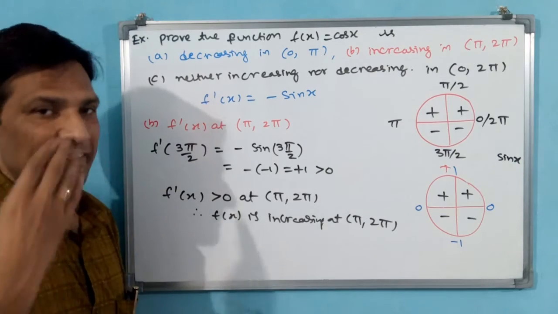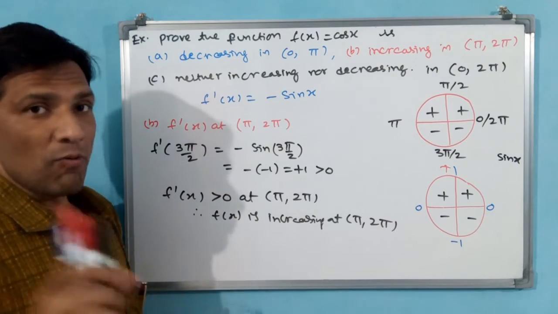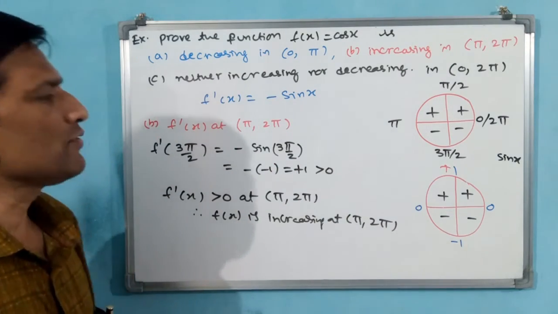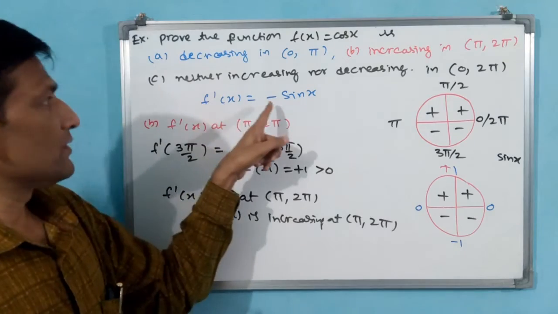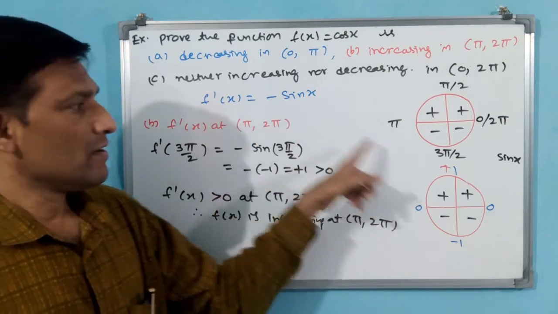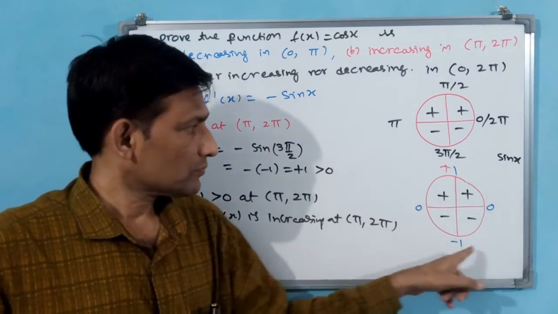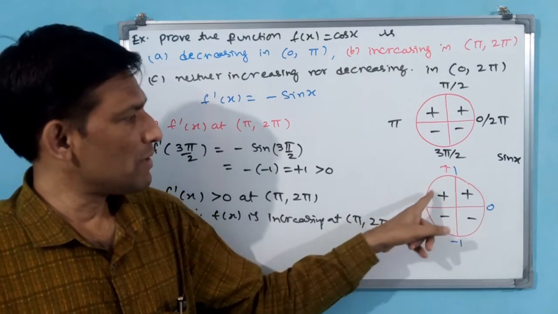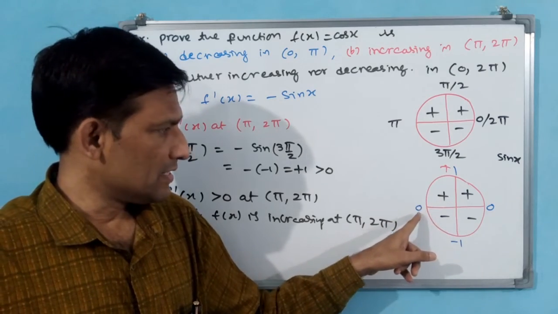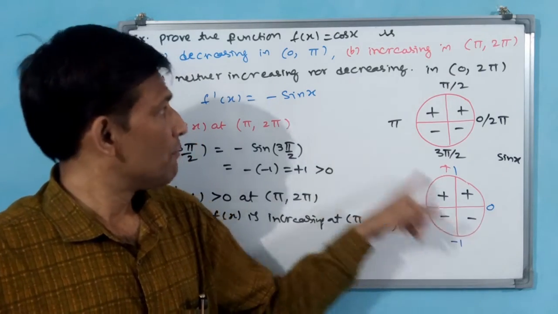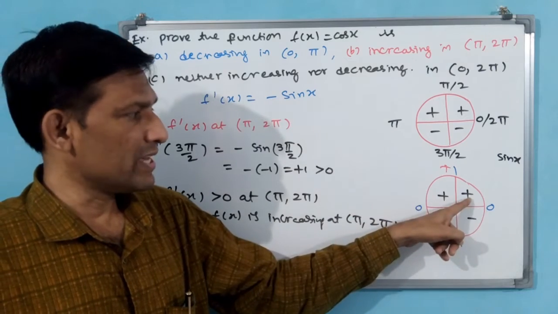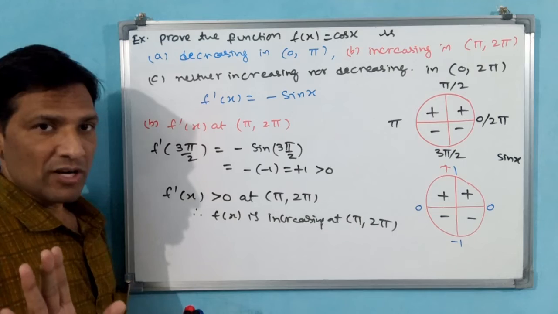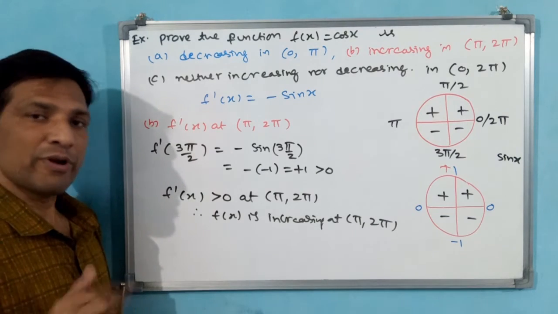You understand now? Like this you have to write it. Okay, now you come for this one, neither increasing nor decreasing at 0 to 2 pi. Again you tell me the same function you will write for each value. Positive and negative both will come. You see here, from 0 to pi positive and pi to 2 pi negative, but another negative symbol it is going to making, this is negative, this is positive. But only one number is not coming, both positive and negative numbers are coming.